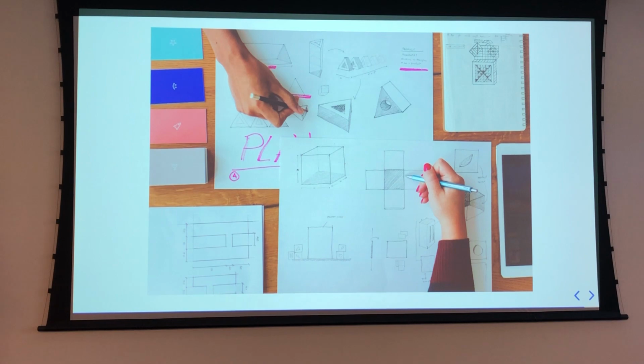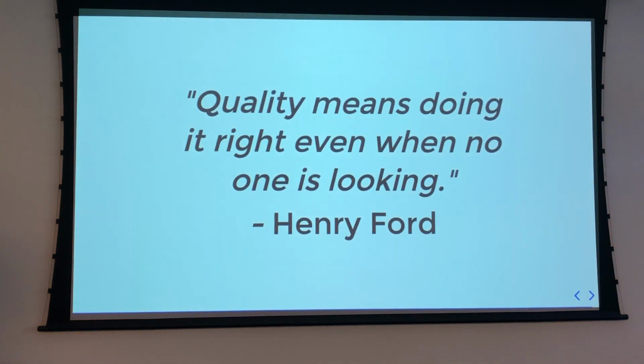Cool. I'd like to leave everyone with a quote that's dear to my heart, which is actually found in my office. We have these motivational posters. Quality is doing it right even